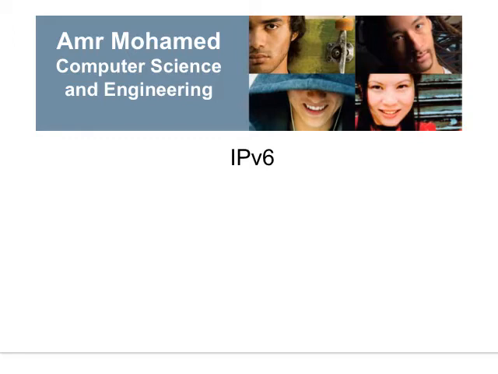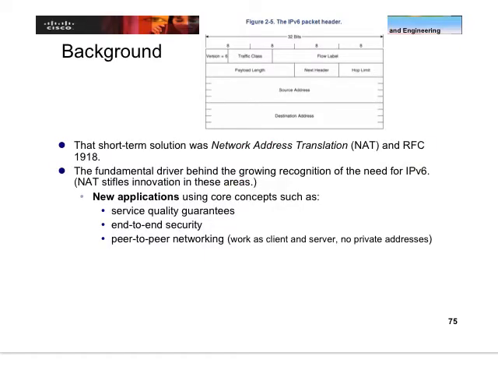In parallel to this, people have been working on trying to solve the issue of IP address shortage fundamentally by designing IP version 6. Of course, IP version 6 was designed based on the lessons learned from IP version 4